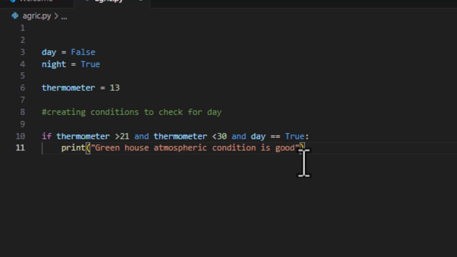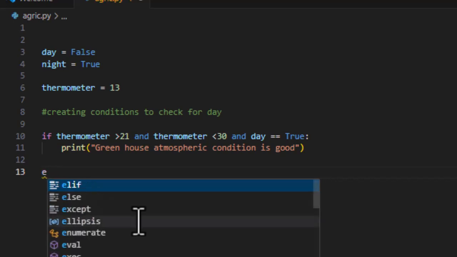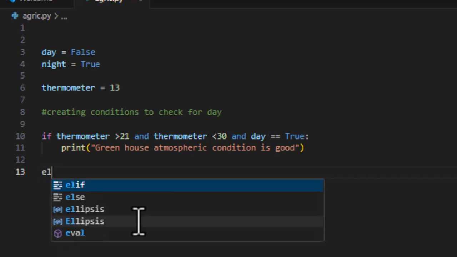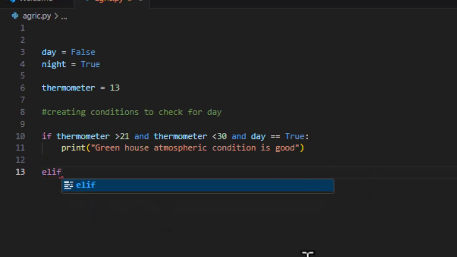remember I told you we use if, we use elif, and we use else. You start with if, then if it is just one condition, let's say I just want to give this singular condition, I can end it with else now. But because there are some other conditions I still want to give, then I will now say elif. Now you can use elif as many times as possible if you have different conditions that you want to give your program. So let me say elif thermometer,